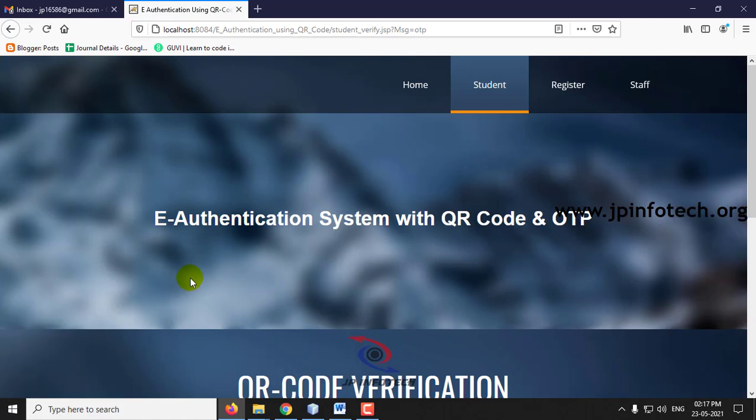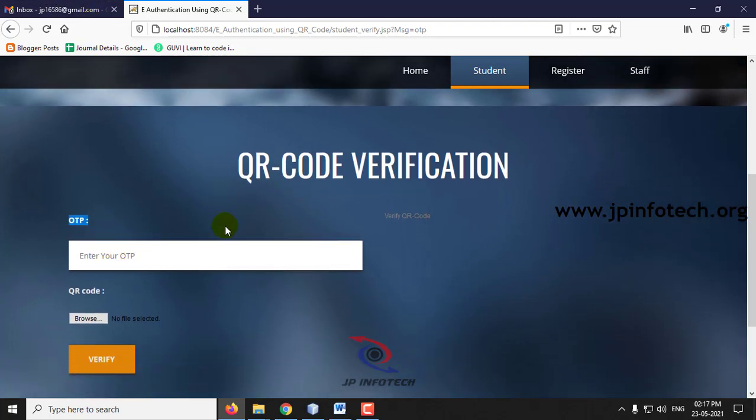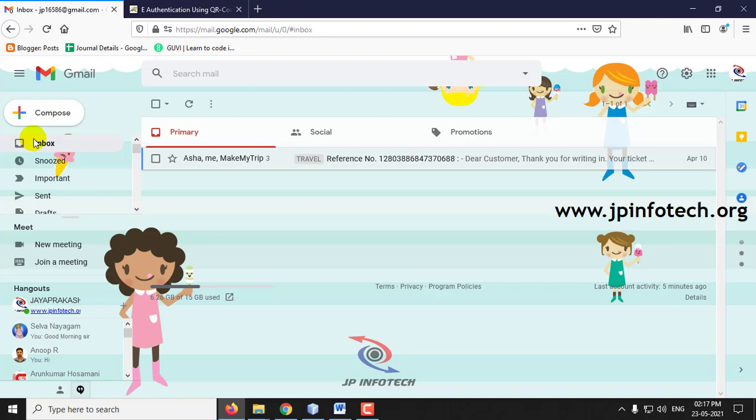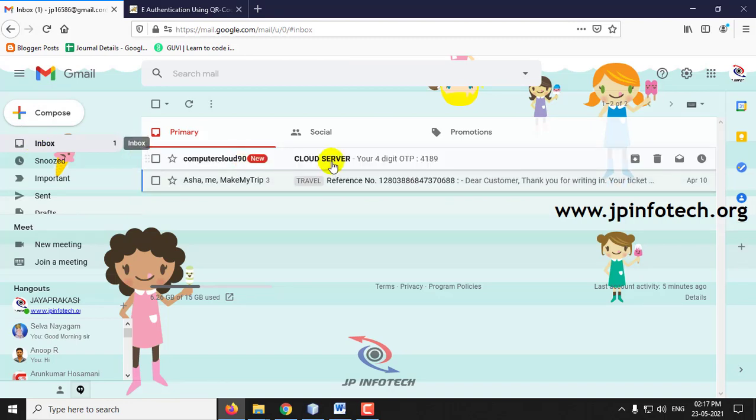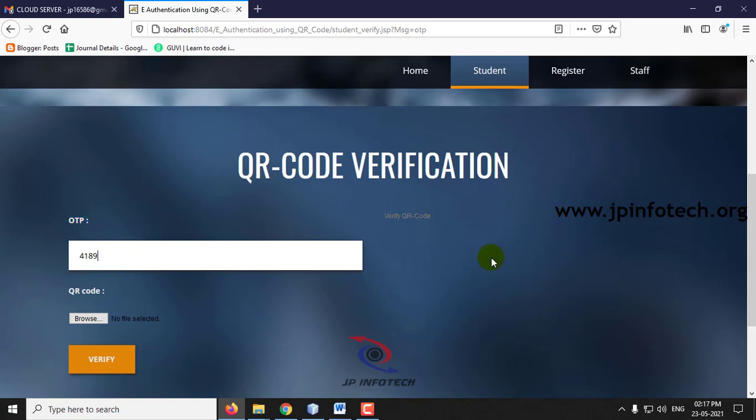After entering the normal username and password, it will ask for the QR code verification and also the OTP. You can check your email for the OTP. Here you can see your 4-digit OTP, 4189. Just enter it.